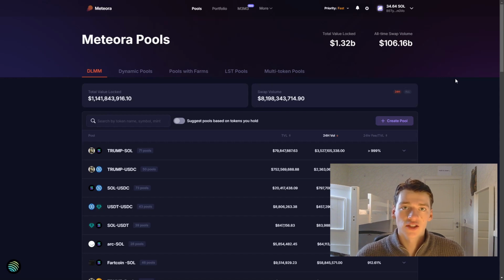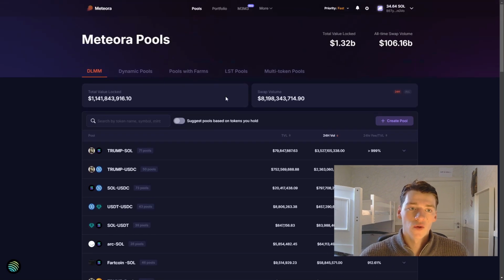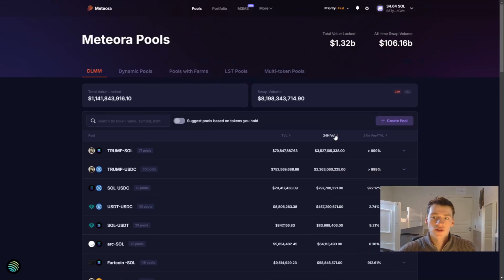So the first thing you need to do when providing liquidity is to find the pair that you're going to provide liquidity to. You do this by going onto the Meteora website and then sorting by 24-hour volume. Now this shows the most active pairs and the pairs that are using the most liquidity. So obviously Donald Trump's meme coin is by far the most traded one. But if we go down below, we can see that Sol USD, USDT and USDC are also quite big